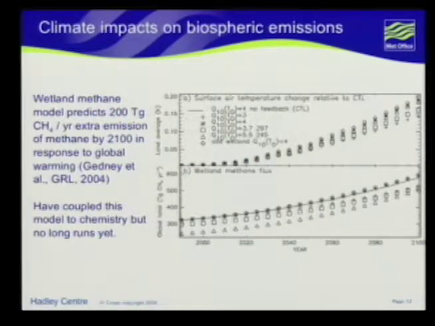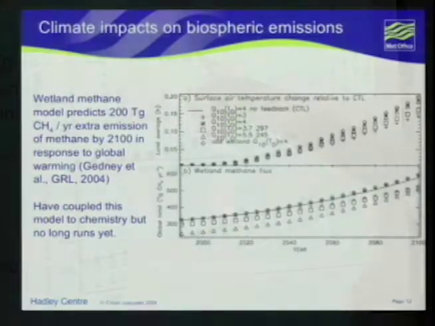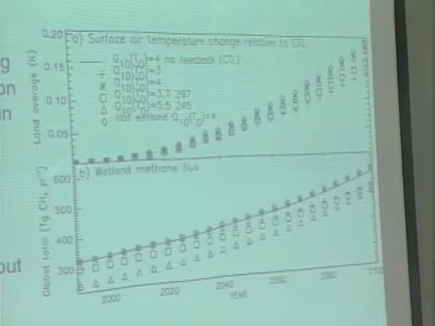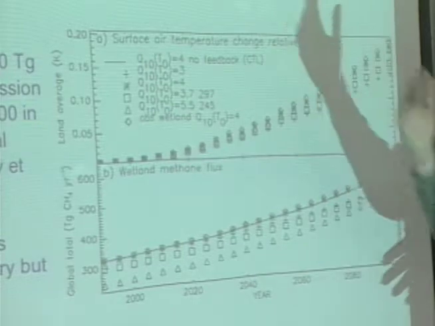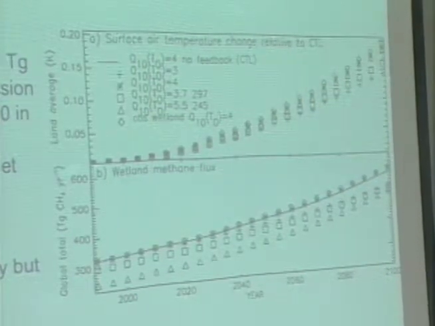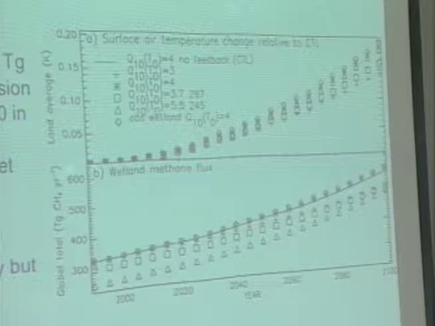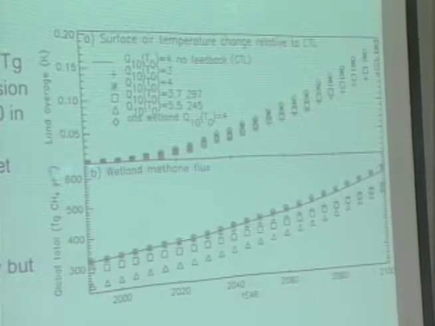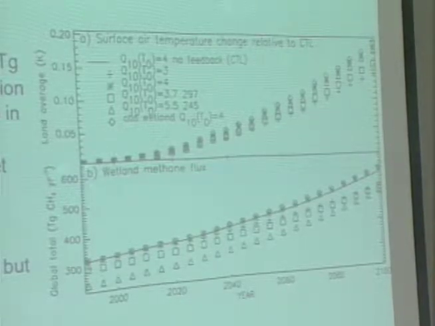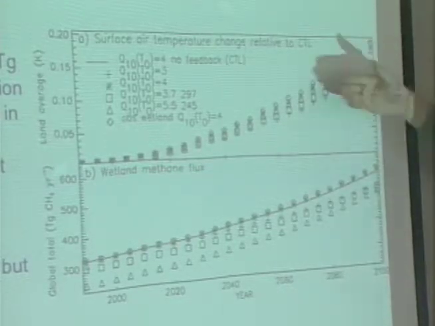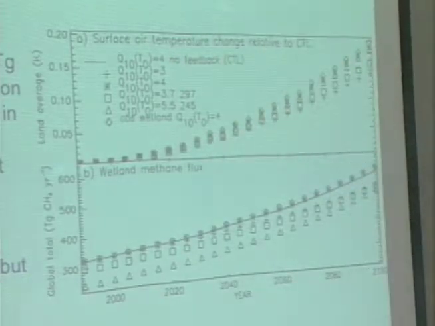Okay, then we can model emission of methane as a function of temperature, and I think that's some work done by Nick Gedney with Peter Cox as well. And she's done a number of model runs, and there is this Q10 parameter, which is by how much your methane emissions are going to change with a 10K increase in temperature, and she's tuned that against observation. So she's minimized the departure from observation for current climate, and she's got a range of parameters here, but it doesn't make much difference.